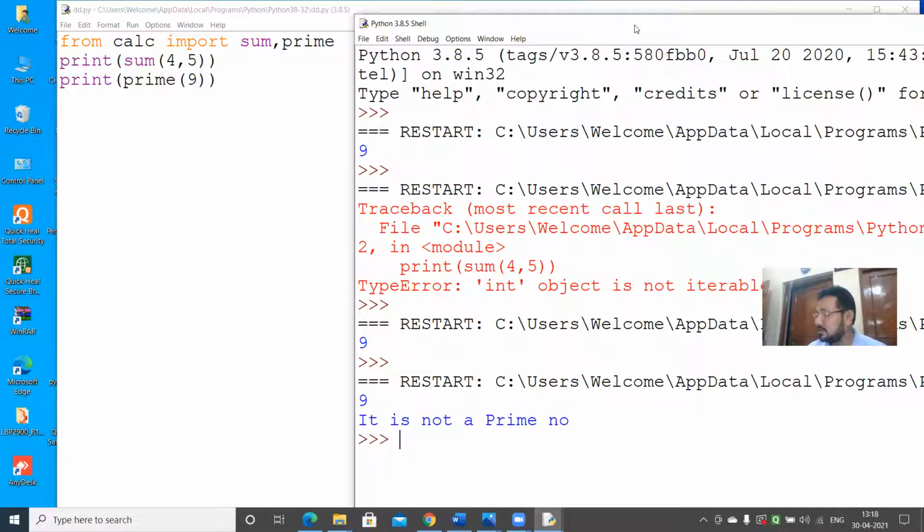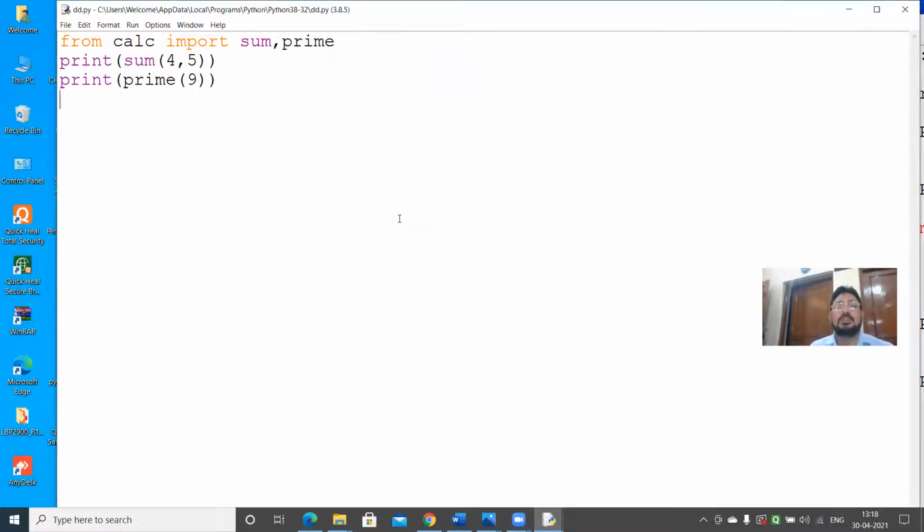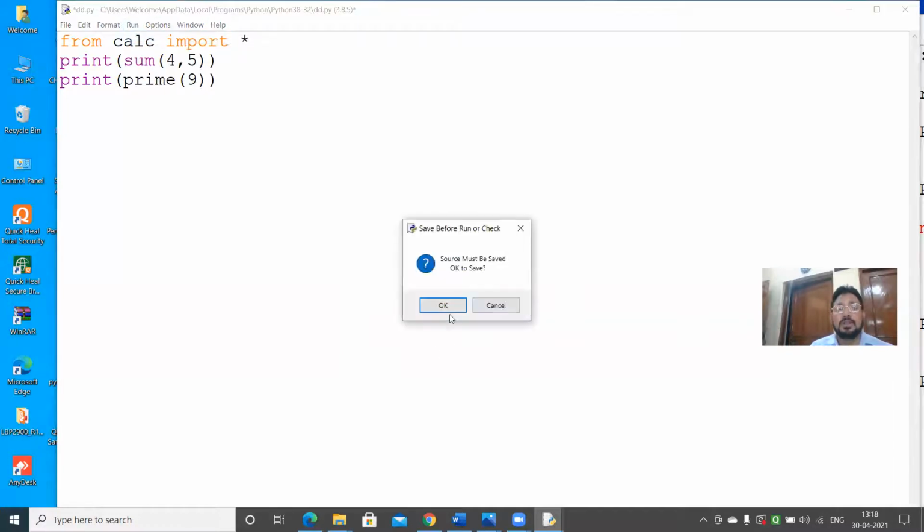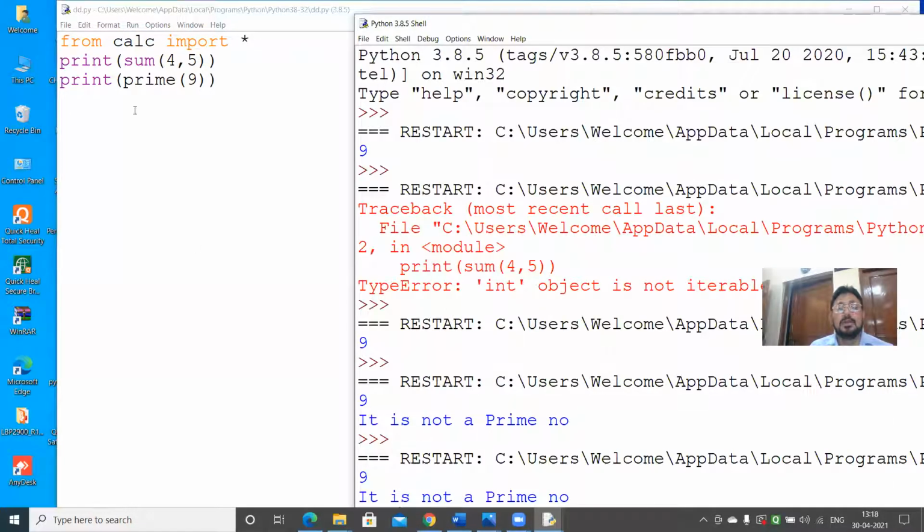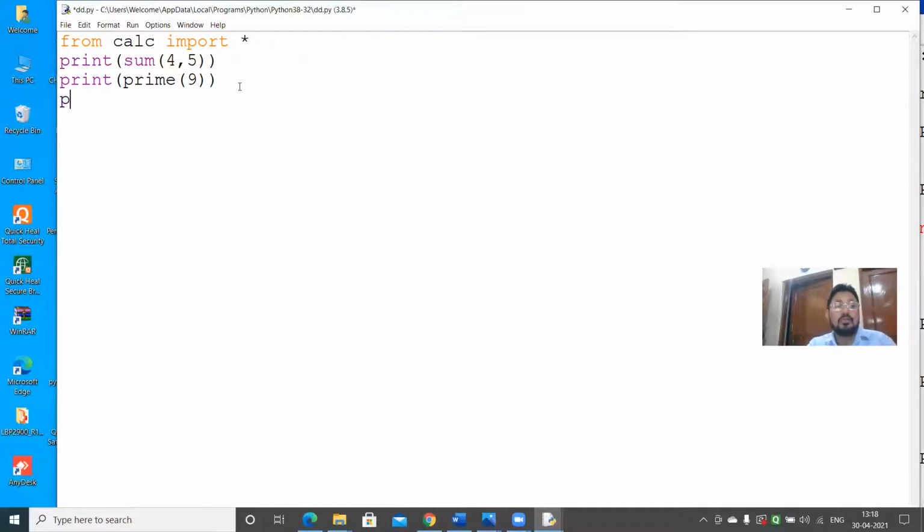The next point is this example to import multiple objects. So here we are calling multiple objects. Please pay attention. One way is you give the names. Another way of calling multiple or all the objects is to give an asterisk. Then also it will work. Run. Even now you can call print, what was the name? Factorial.